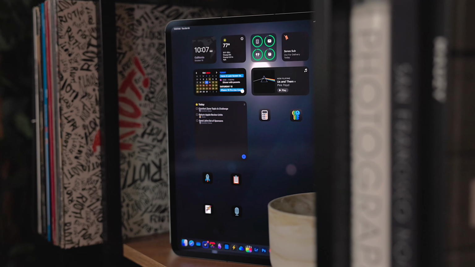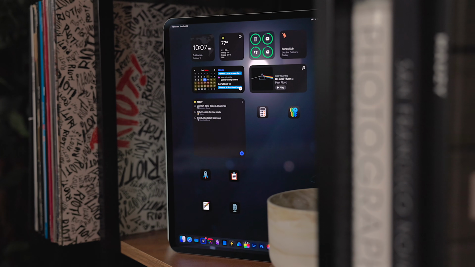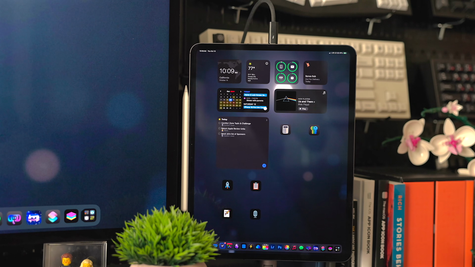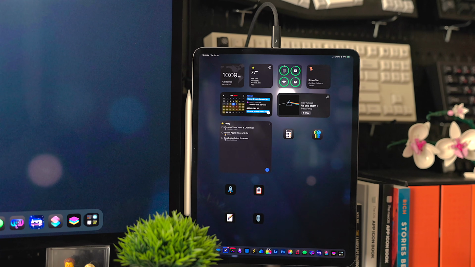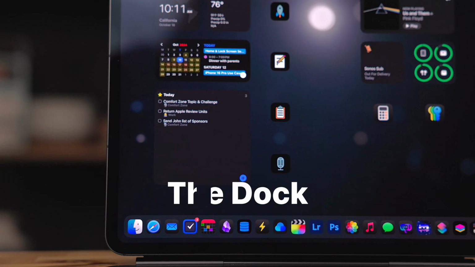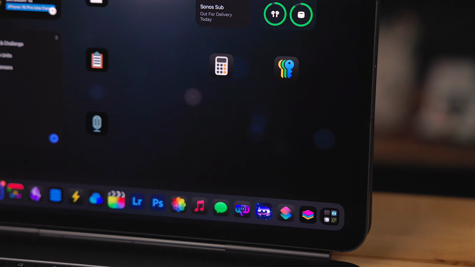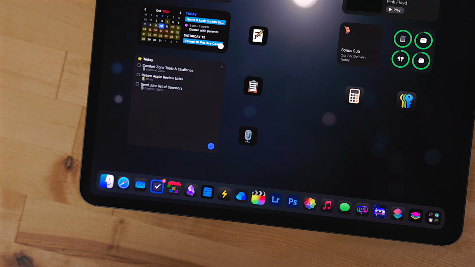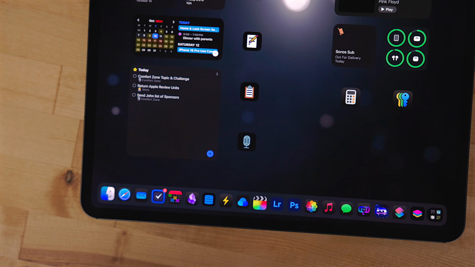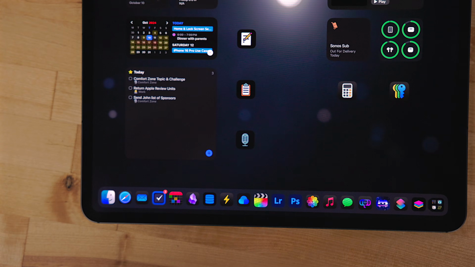The home screen setup of my iPad is about seeing a summary of my day. This can be tasks, appointments, weather, media, whatever is going on. I keep all the apps that I regularly use in the dock. I even turned off the recent apps. Using this method on a 13-inch iPad Pro gives you 20 spots for different icons in the dock.